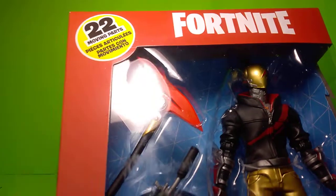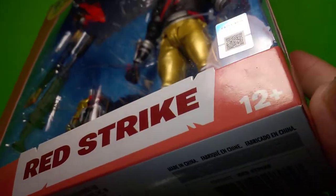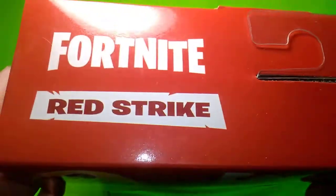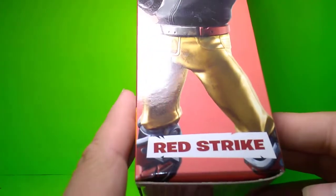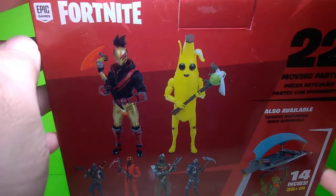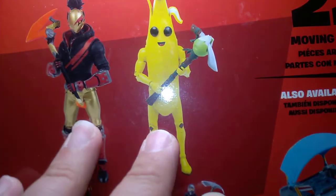And as always, Fortnite at the top, 22 points of articulation, Epic Games in the corner. Red Strike on the side. A Fortnite promotional shot of his in-game polygon rendering. Red Strike there, Epic in the corner. On the top, Fortnite Red Strike. Another depiction of his video game polygon render, but in a complete form with Red Strike at the bottom. Turn to the back, promotional shots of the figures, which are very essential and fun. Fortnite, Epic, 22 points of articulation, McFarlane Toys, and here we have two of the figures in this